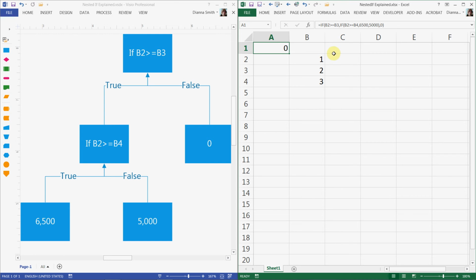I've had several questions about nested if statements. So I put together a little explanation for you to see if this helps any. The first thing about nested if statements is that you read it from left to right, just like you do